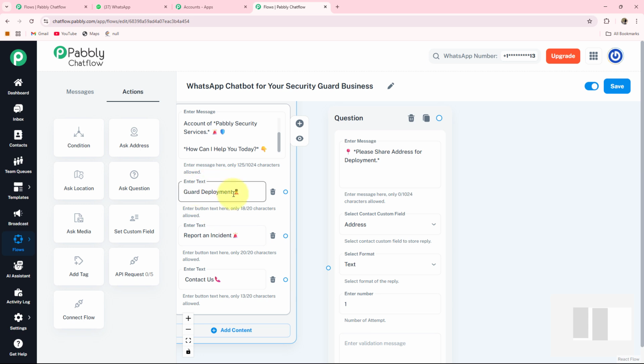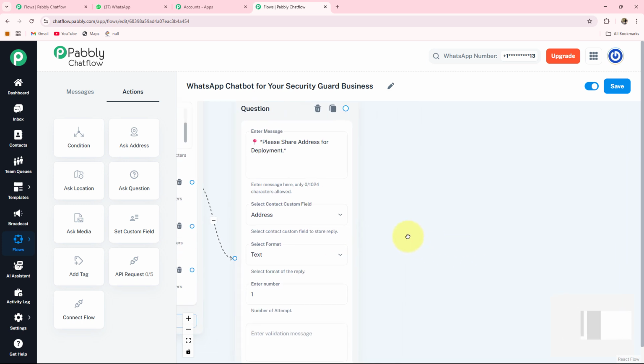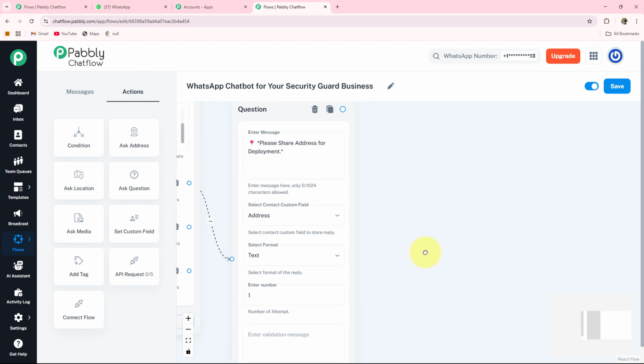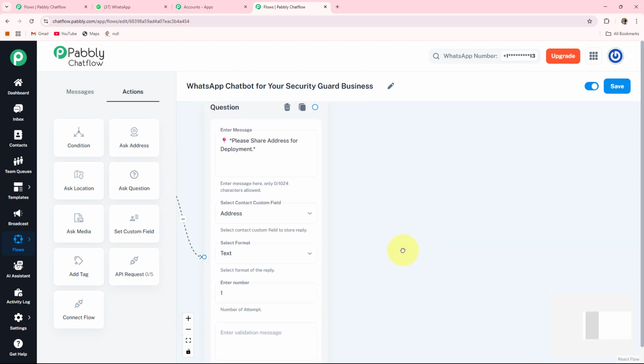After that, I'll connect the circle which is present in front of guard deployment to the message I wrote here. It is connected. Now when my clients provide me their address, my bot will ask them to select the preferred time